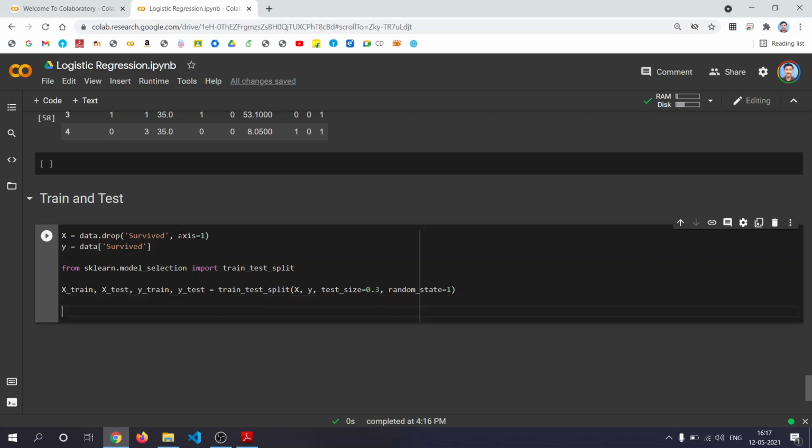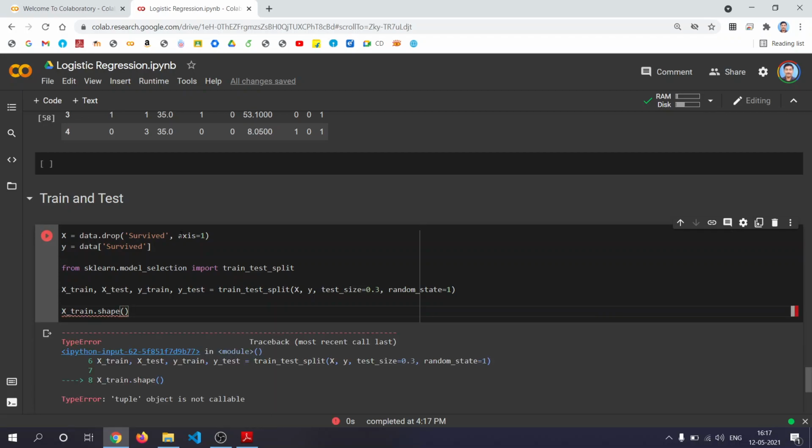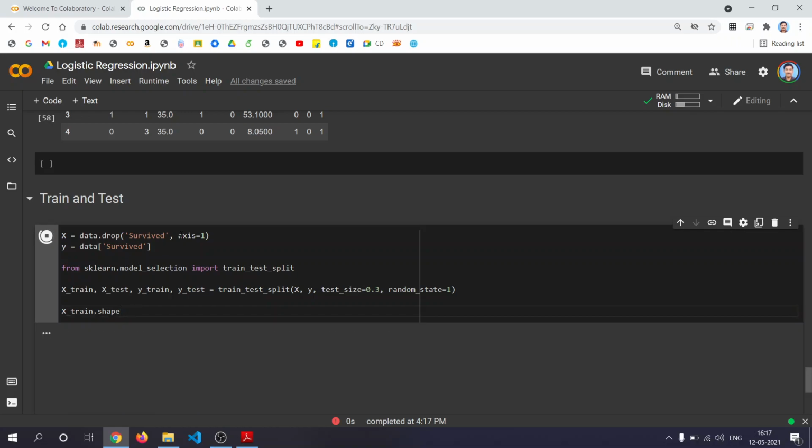So the shape of X_train: you can see that X_train.shape is 498 rows and 8 columns.